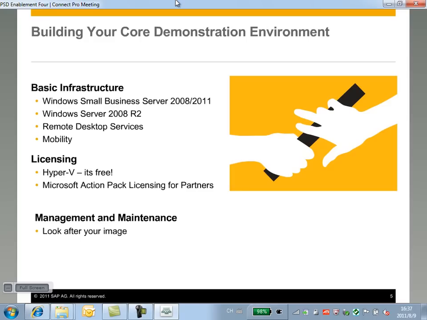What you need, ideally, is Windows Small Business Server 2008 or Windows Small Business Server 2011. You also need Windows Server 2008 R2. Why do you need both of those? Small Business Server because it provides you with the base infrastructure for running email, for running file and print services, for creating a domain environment, which if you want to demonstrate SAP Business One effectively, you need that. It also includes